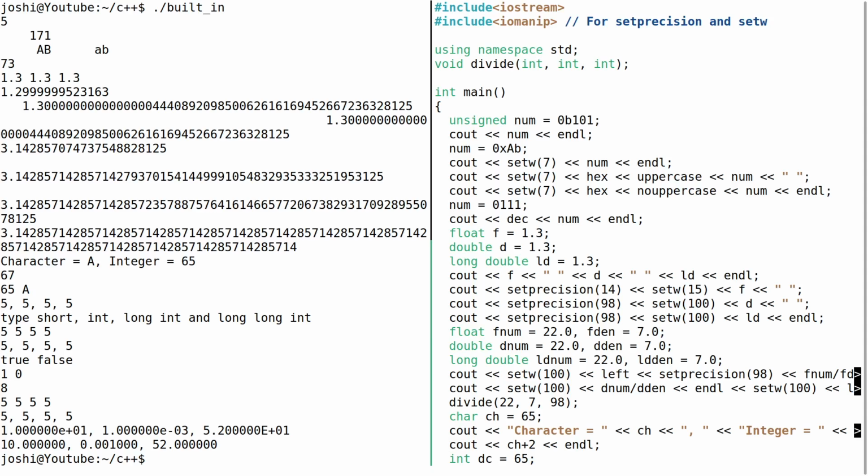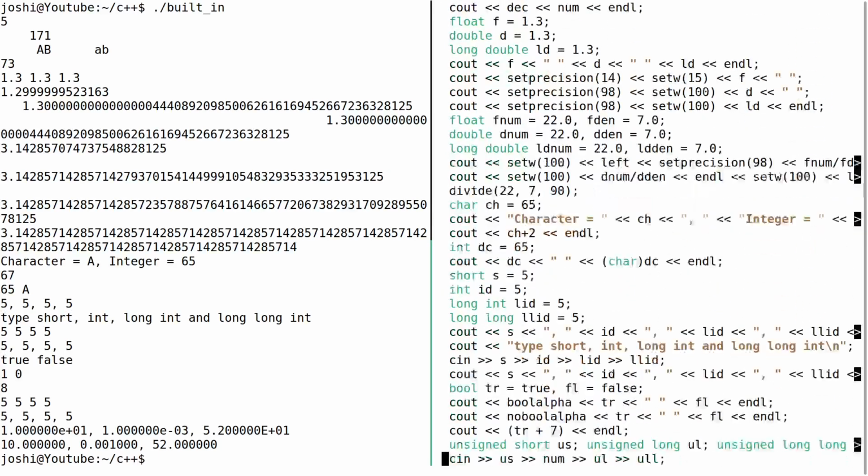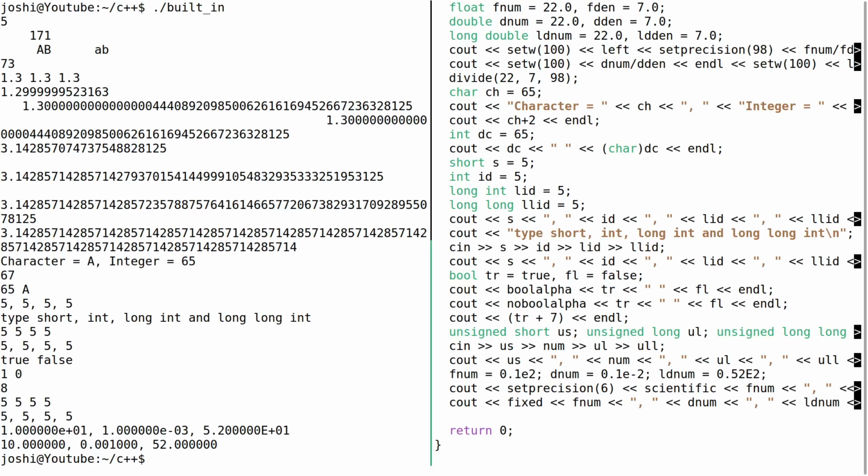Okay, now the next one is this statement, int dc equal to 65. So here it is declared as an integer, value assigned is 65. Okay, now cout dc, so it will print an integer